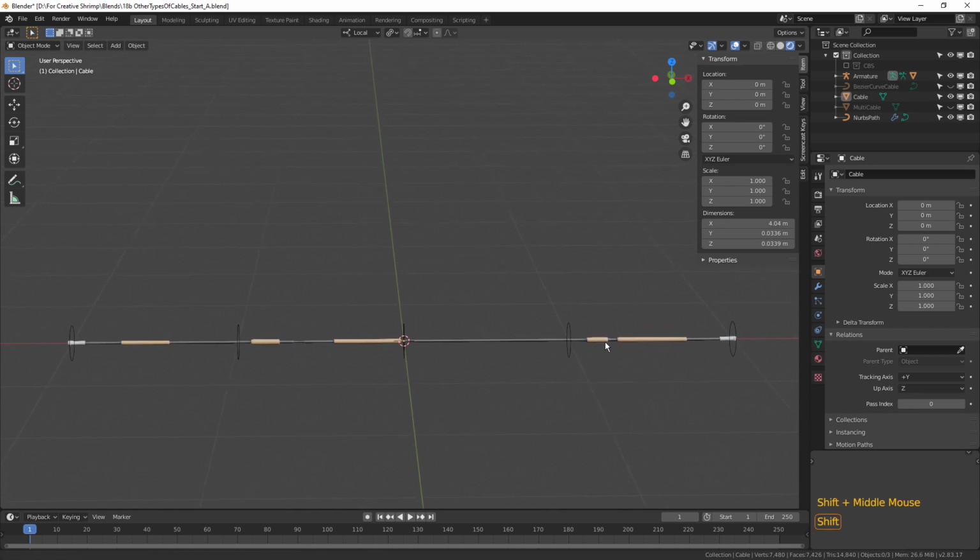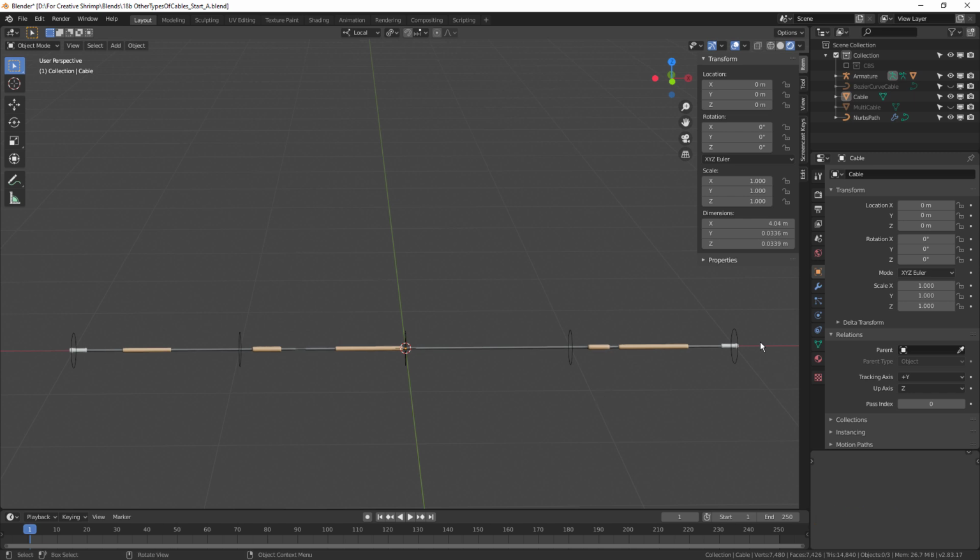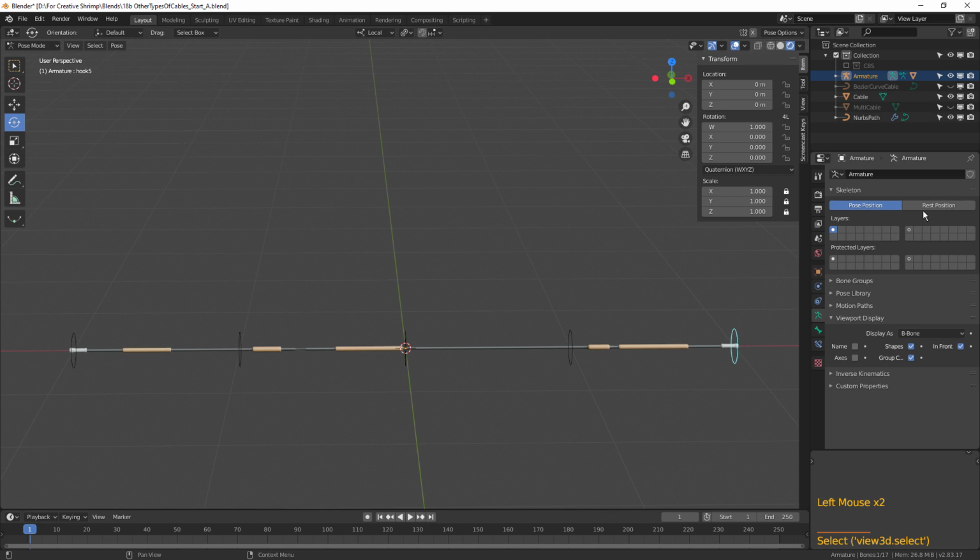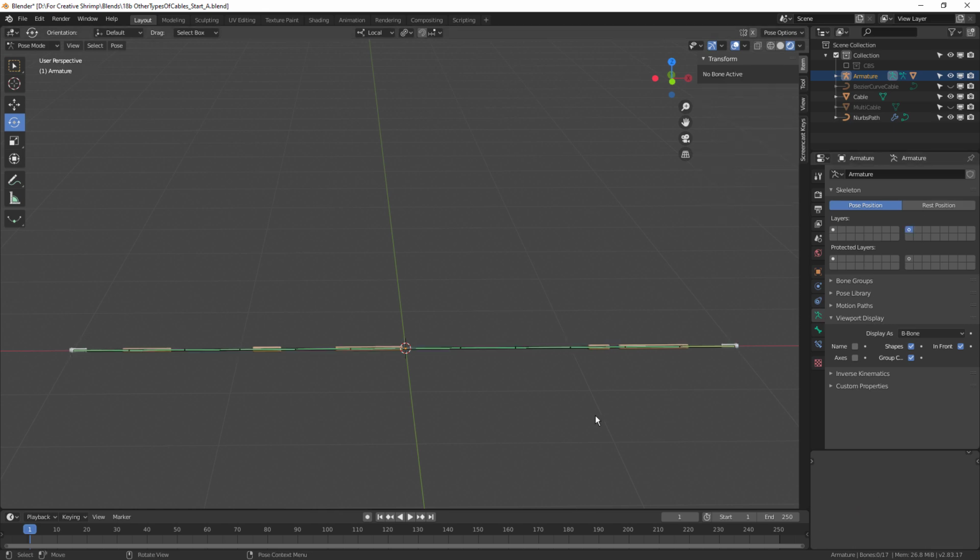However, we're not going to do that. We're going to use the power of Blender. But before we do that, I want you to remember what we did in the previous lesson. We basically created directly the armature like this, and then we automatically assigned weight with this, and these 5 bones